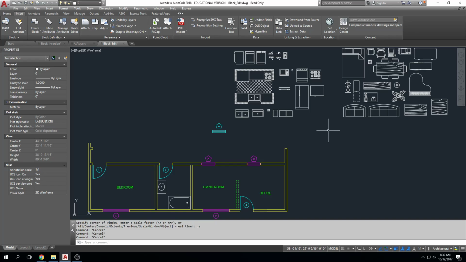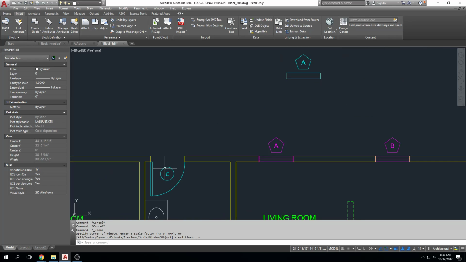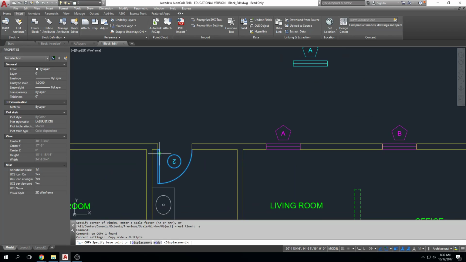All right. Okay, so let's talk about how we create a block. First thing I want to talk about when we create a block, you have to draw the object that you want to make into a block. So if you want a door, you're going to draw the door. You want to make sure that it's dimensionally correct so that when you reuse it over and over again, you're not using information that is incorrect. So whenever I create a block, for example, a door,